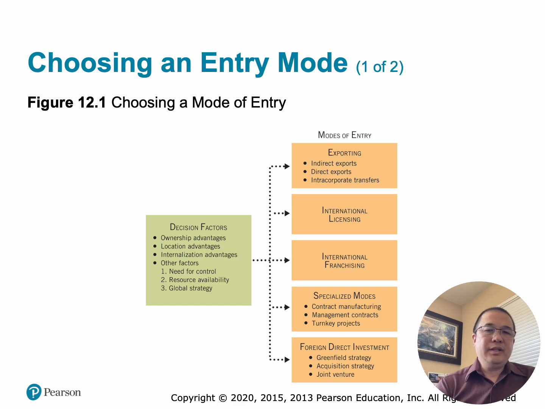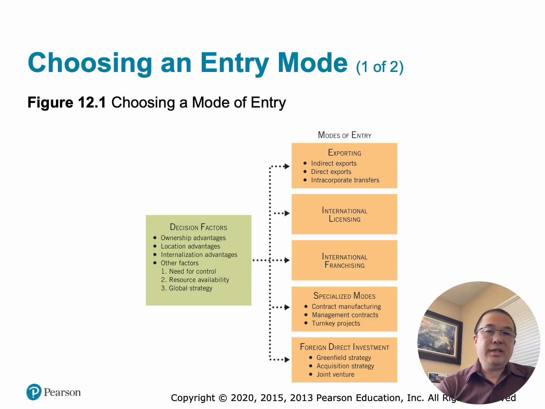Available entry modes. These are five major ways to enter a foreign market. Number one, exporting. The company produces goods in its home country and sells them abroad. The types of this include indirect exporting through intermediaries, as well as direct exporting, selling directly to foreign buyers. Then there's intra-corporate transfers. This is between company subsidiaries. The advantages would include low investment and low risk. However, the disadvantages would be tariffs and shipping costs, as well as less control over foreign markets.